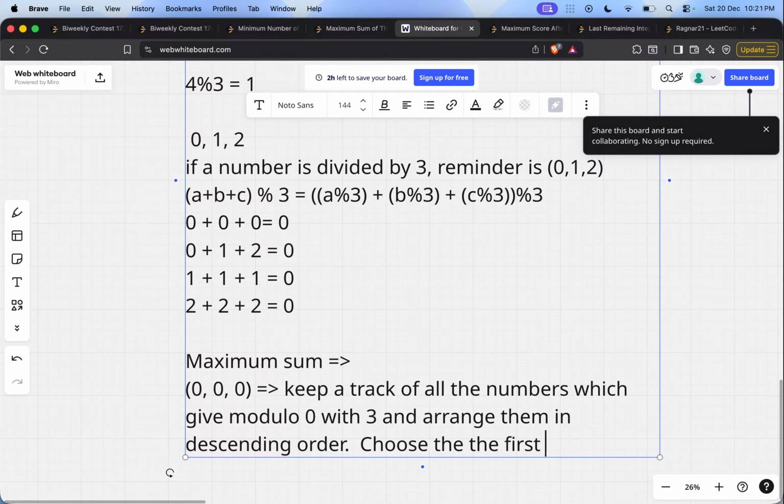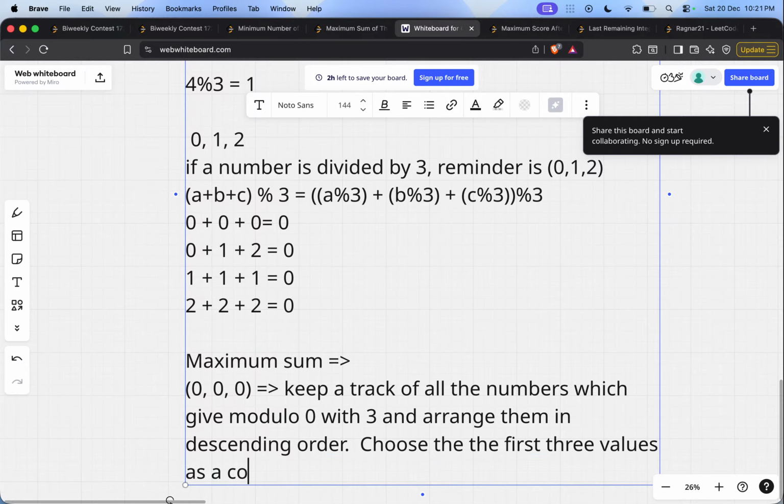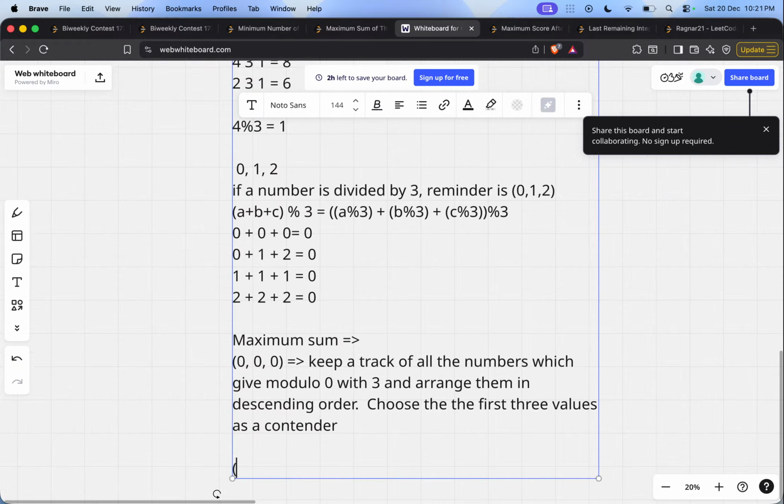First three values in sorted order, in the descending order. Three values as a contender for answer. All right. Now for 0, 1, 2,